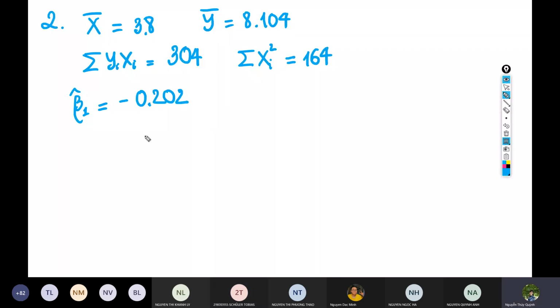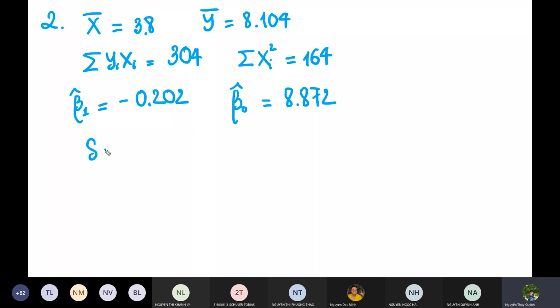Minus 0.202, is it? Yes. Okay. And what about beta 0 hat? It's 8.872. All right. And then what is the sample